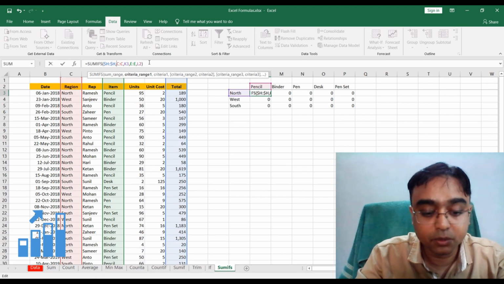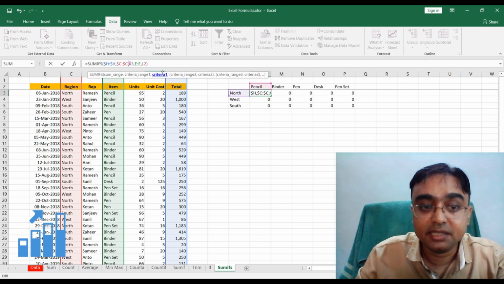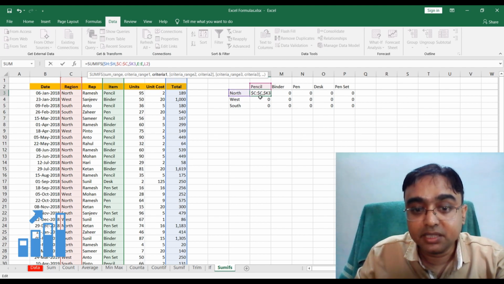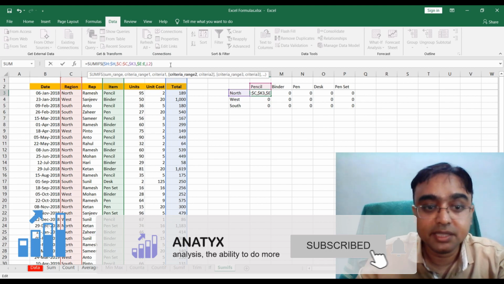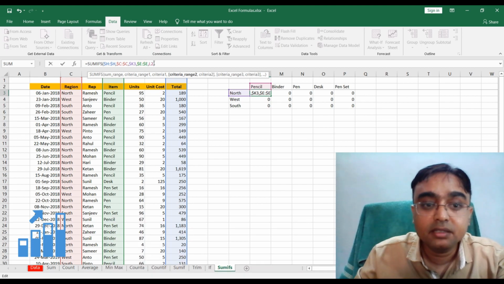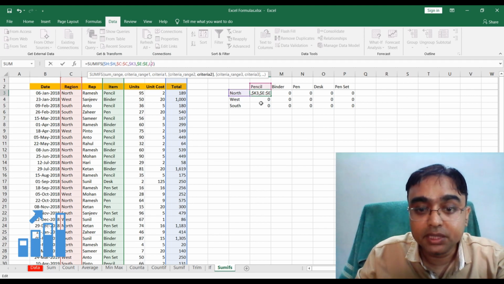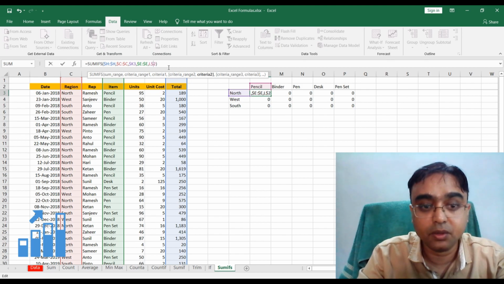Similarly, I can make this constant so that wherever I move the formula, these columns stay constant. I will put a dollar sign over here. K is interesting. I can put it over here for this one because my vertical section is not going to move, it is moving horizontally, so I put a dollar sign over here. Again, E is going to stay constant, so I put the dollar sign here and here. And L is going to stay constant only vertically, so I put the dollar over here.